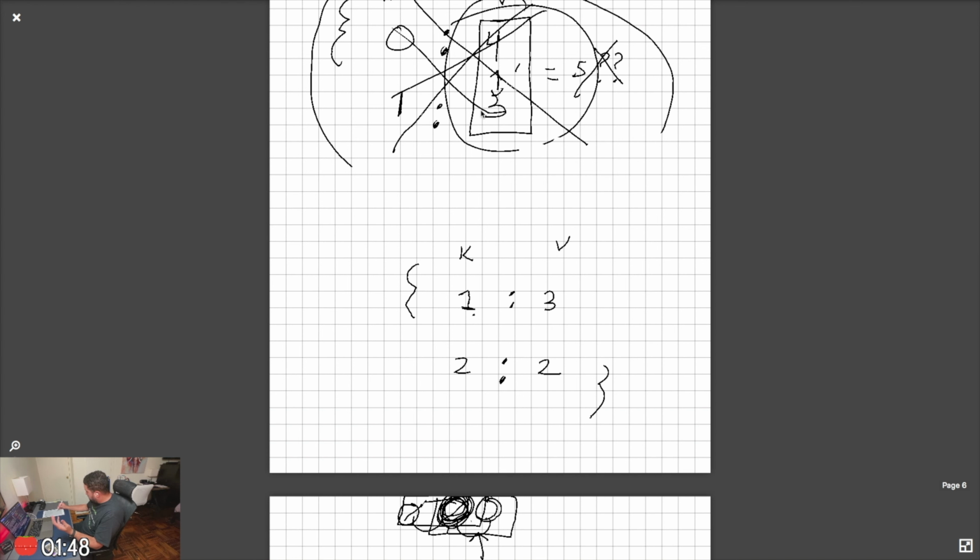Do I get the values here and do a check? Plus 2 does equal 5, right? Does equal 5, so that's a yes, and that's the pair. That's the pair. That's the pair, and then I need to take this pair out,